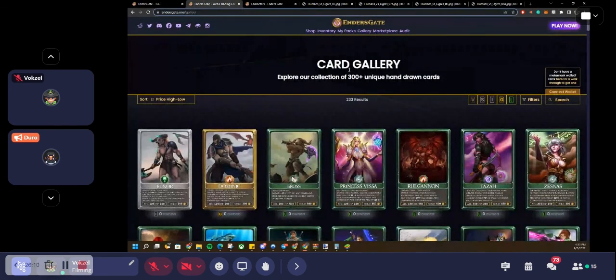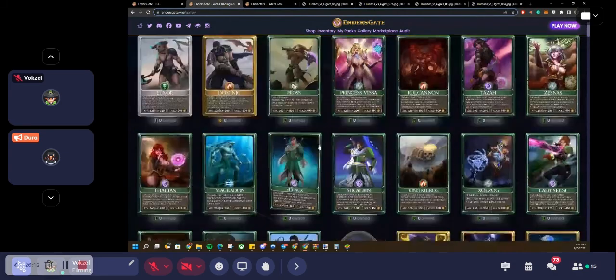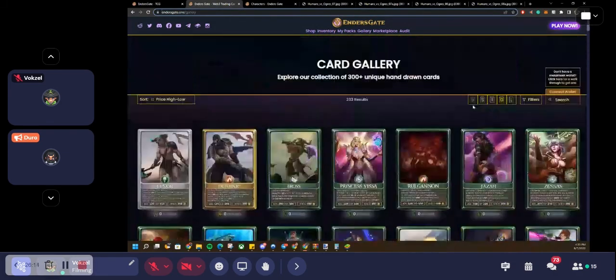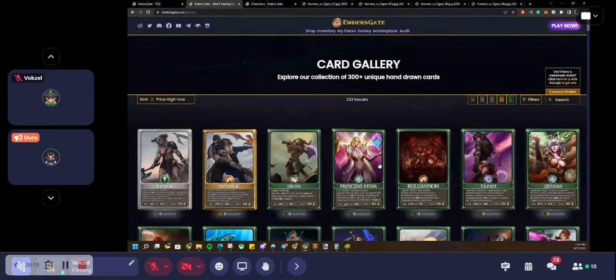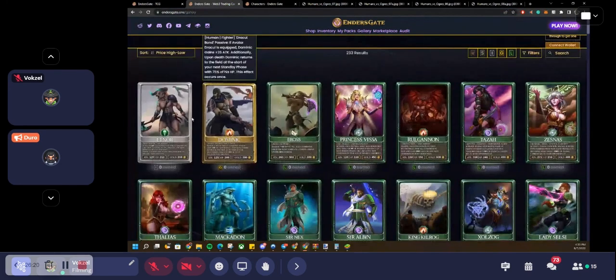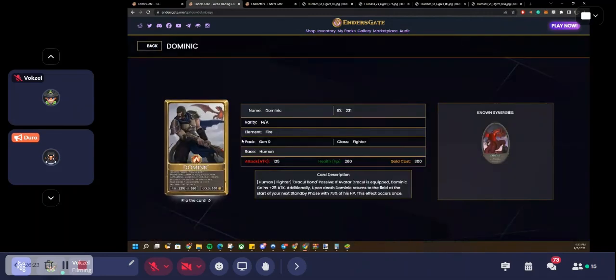Going on to our card gallery, we actually have all of our cards on display, and we allow for filtering of each card and their respective rarities. When you click on a card, you're able to see, and we're going to add the artist that created it underneath. We're actually going to be working on that today. It's a JSON pull, but anyway,